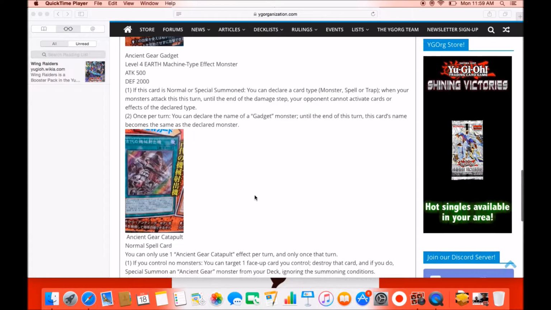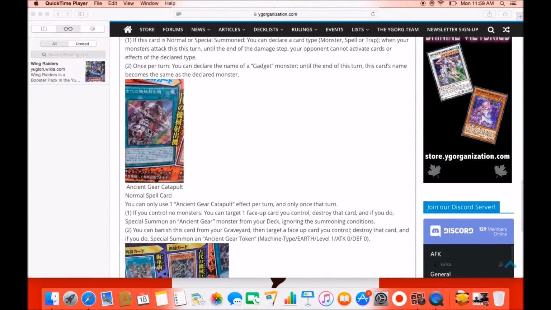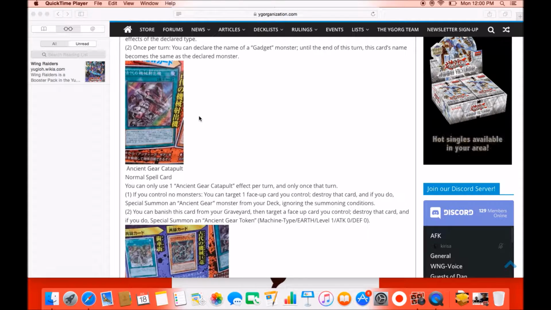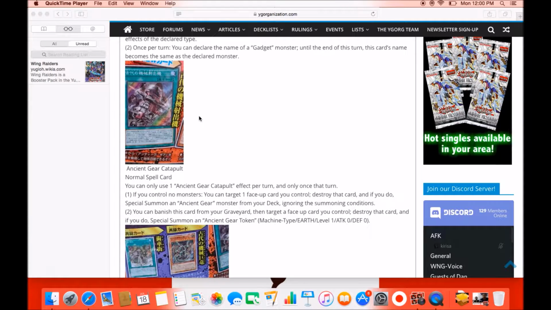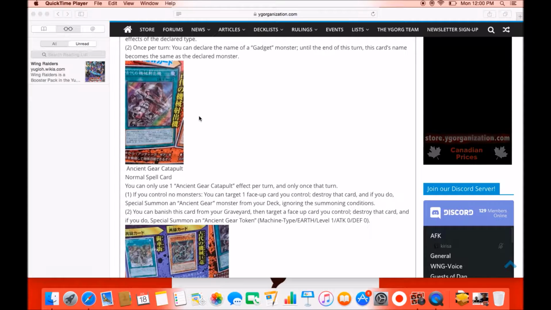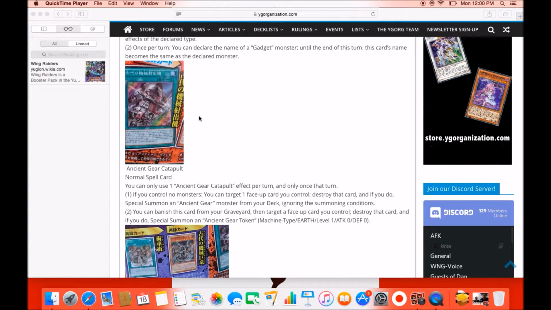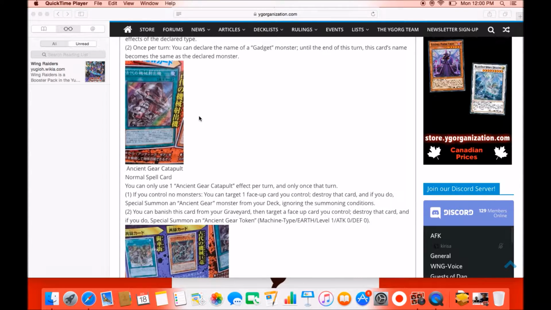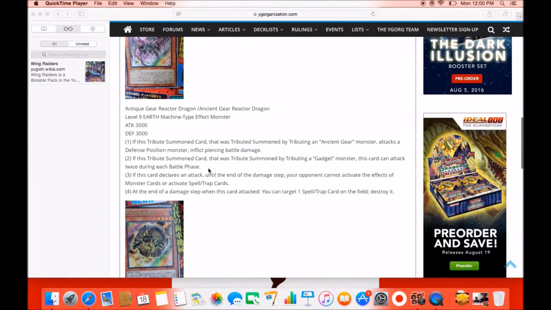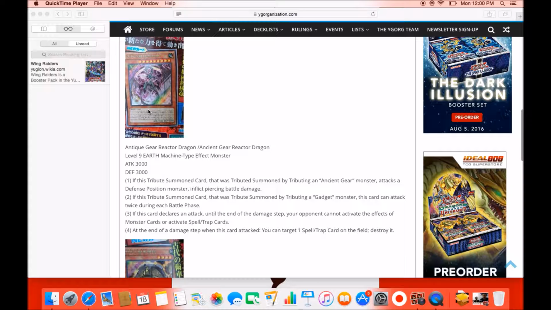And then looking at this Ancient Gear Catapult, this card is fucking crazy. If you control no monsters, you can target one face-up card on the field and destroy it. And if you do, special summon an Ancient Gear monster from your deck, ignoring the summoning conditions. Okay, first off, that is fucking crazy. Because if you can just drop Ancient Gear Golem as well, you can bring out Ancient Gear Reactor Dragon, which